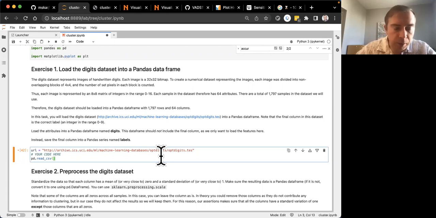We just get a URL, right? Here in this case, I see it's got a tes extension,